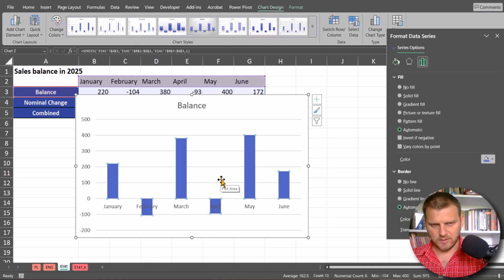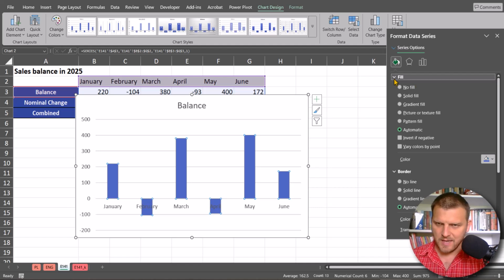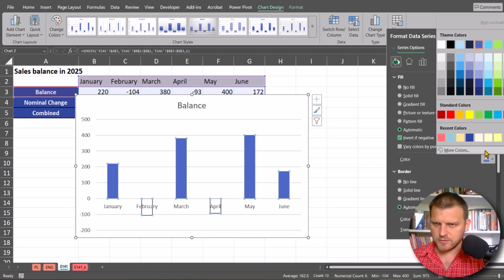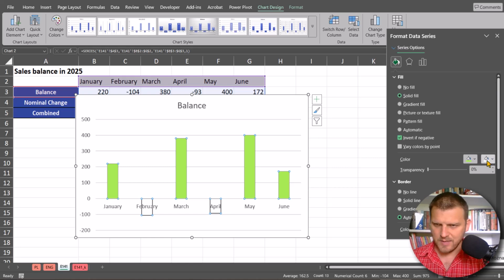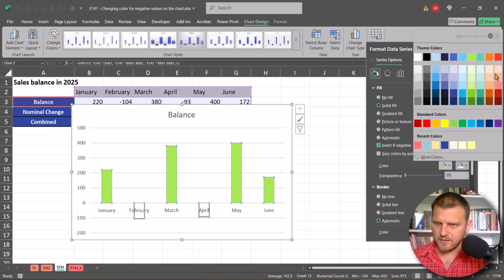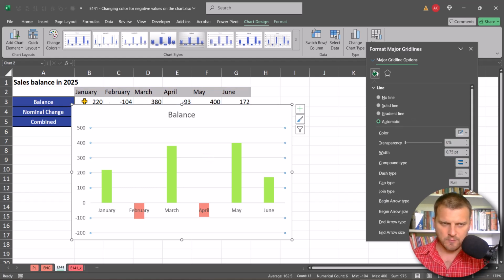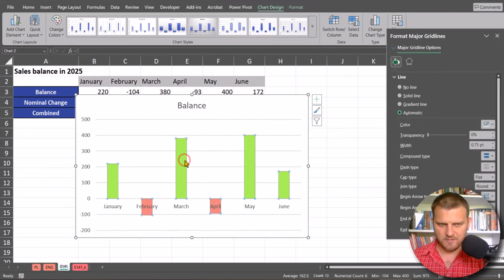But when we press Ctrl+1 to format data series options, we want to go to fill and line, so the bucket, and here in the fill section we can select invert if negative checkbox, and then we can change color. This color right now is only one, so let's take this green one, and now we can see the different color for the negative values. So let's make it this red, and we can see with one data series we have different color for positive